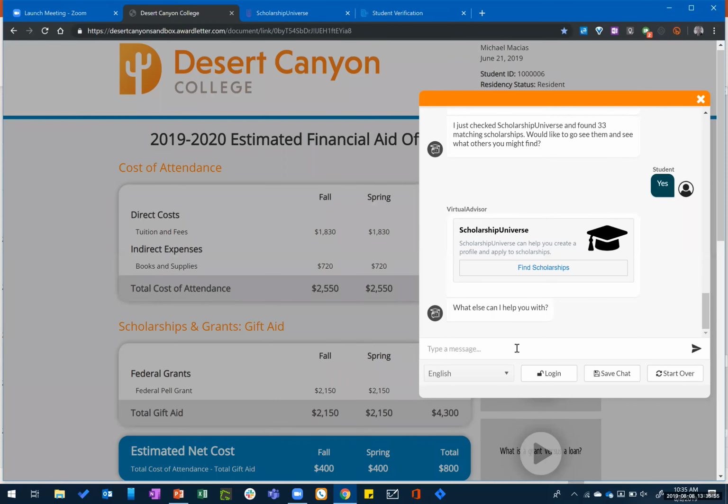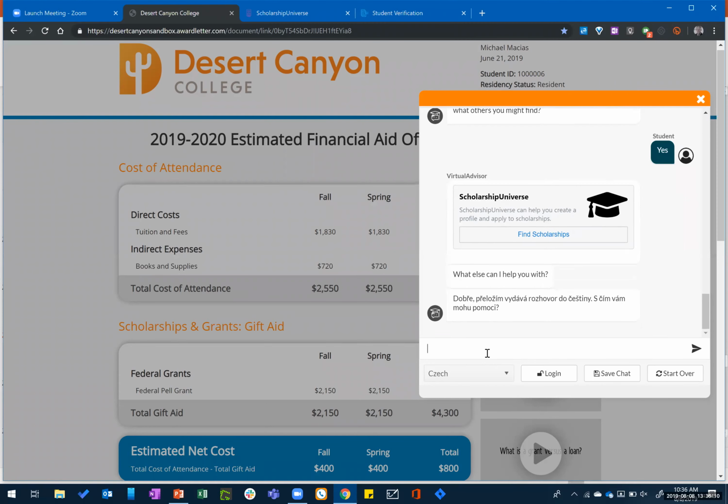So if I come in and I ask it a question in Spanish, it will immediately set my language to Spanish and start talking to me. But maybe I start the conversation in one language and then want to change to another. So let's pick something a little bit more exotic than Spanish. I'm going to switch over to Czech, mostly because I'm assuming none of you can translate Czech. So you can't check me, but I can tell you it says basically, how can I help